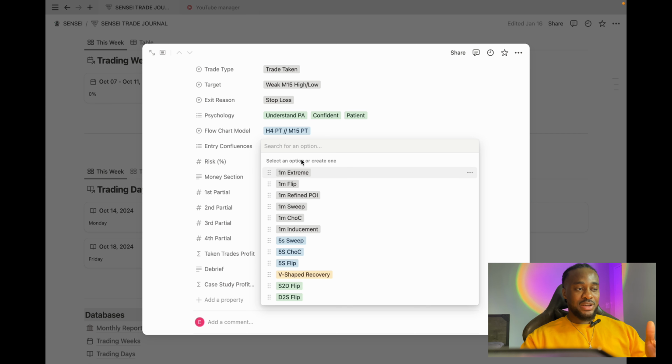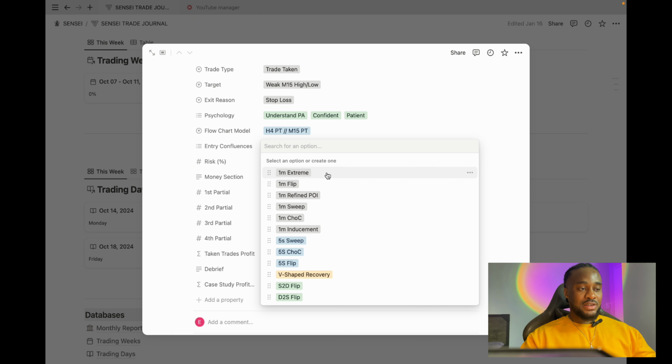I can definitely make all these updates from the template. But right here are my previous, old entry models. I no longer use them. I use a different entry model, which I'm definitely going to be updating soon on my journal. But anyways, if this is still my entry criteria, what I would do is go through the